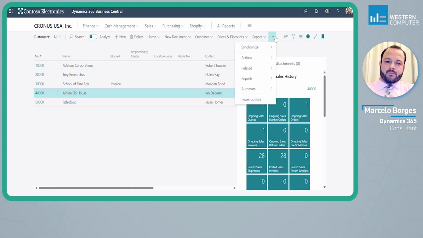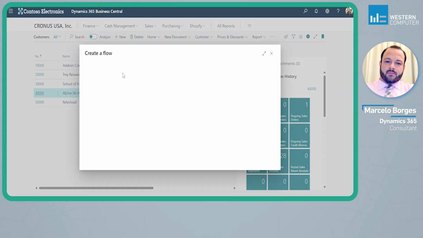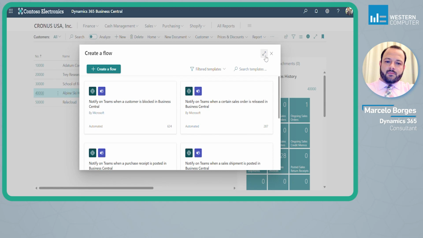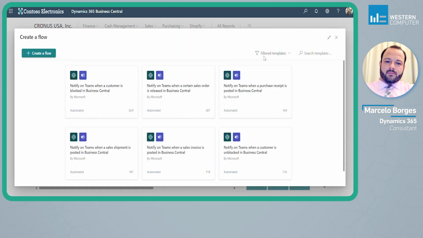So let's go ahead here into Automate, Power Automate, and I'm going to say create an automated flow. BC is going to bring me a list of templates. And that's how I created that workflow approval there. I didn't create all that by myself. I did add a few steps. For example, I did add the block myself, like to block an item and to unblock the item, just to show you the flexibility. But even if you don't want to do any of those flexible things, you can still search for the templates that Business Central is offering you so that you can have something that doesn't need to